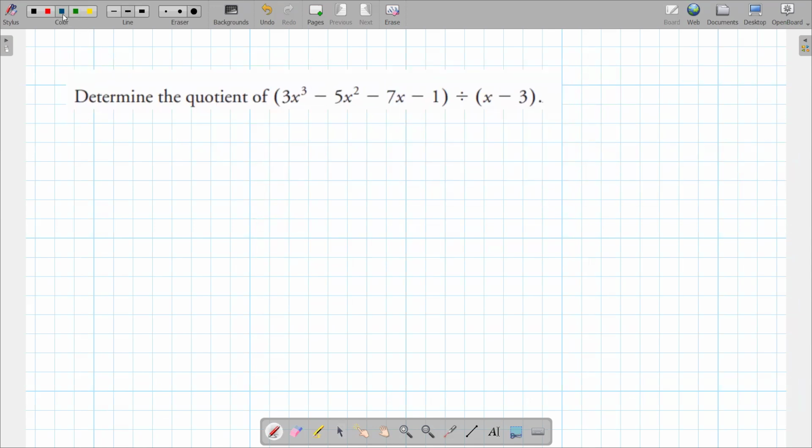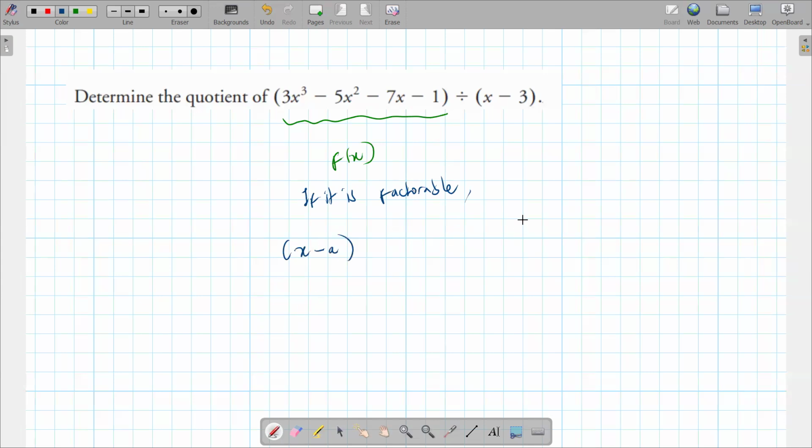For a quadratic, we use common factoring or difference of squares depending on how many terms there are to factor it. But for higher degree polynomials, it's not as simple. We have to use something called the remainder theorem, which states this. Let's say you have a polynomial f of x. There exists, well, not necessarily, okay? But if the polynomial has an x-intercept, I mean if it is factorable,